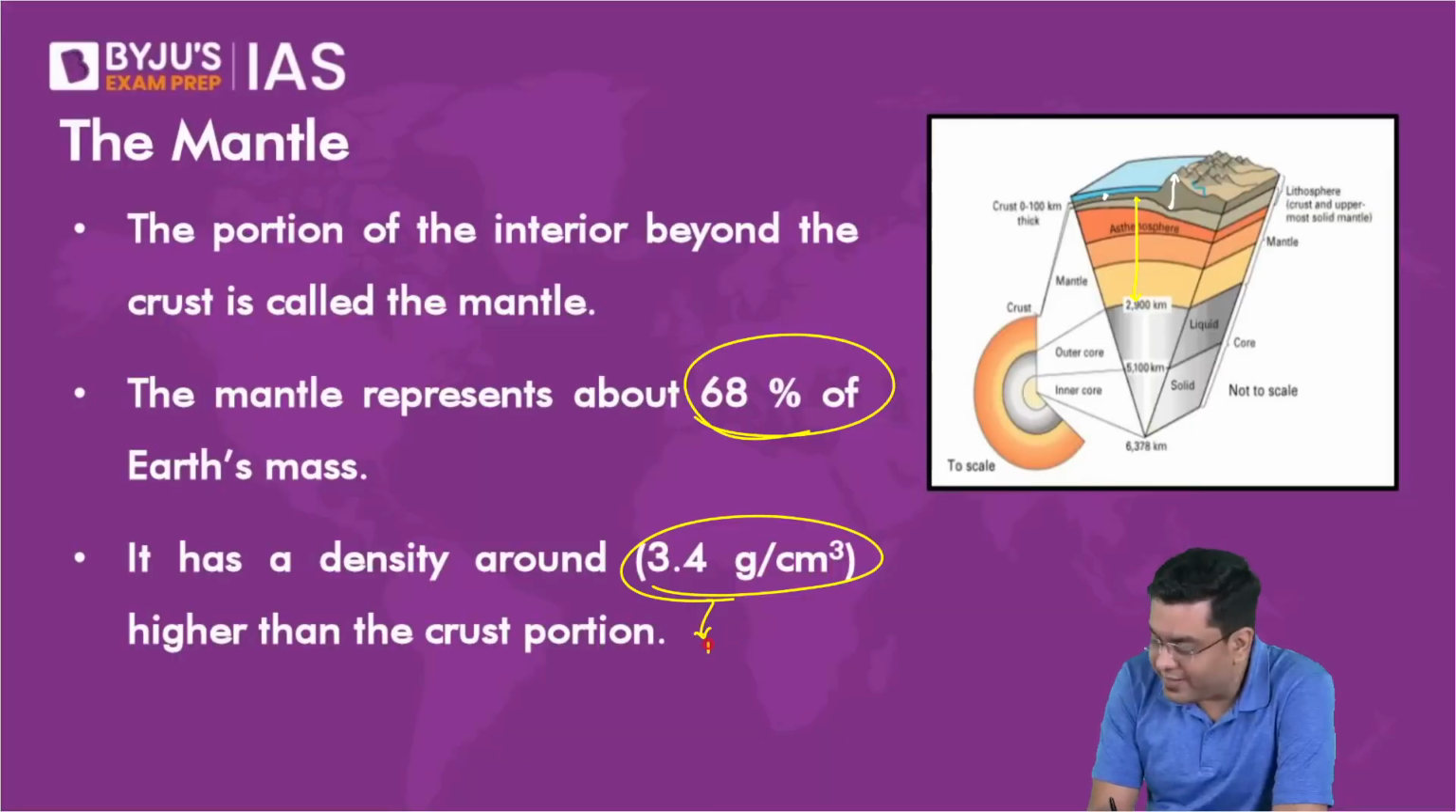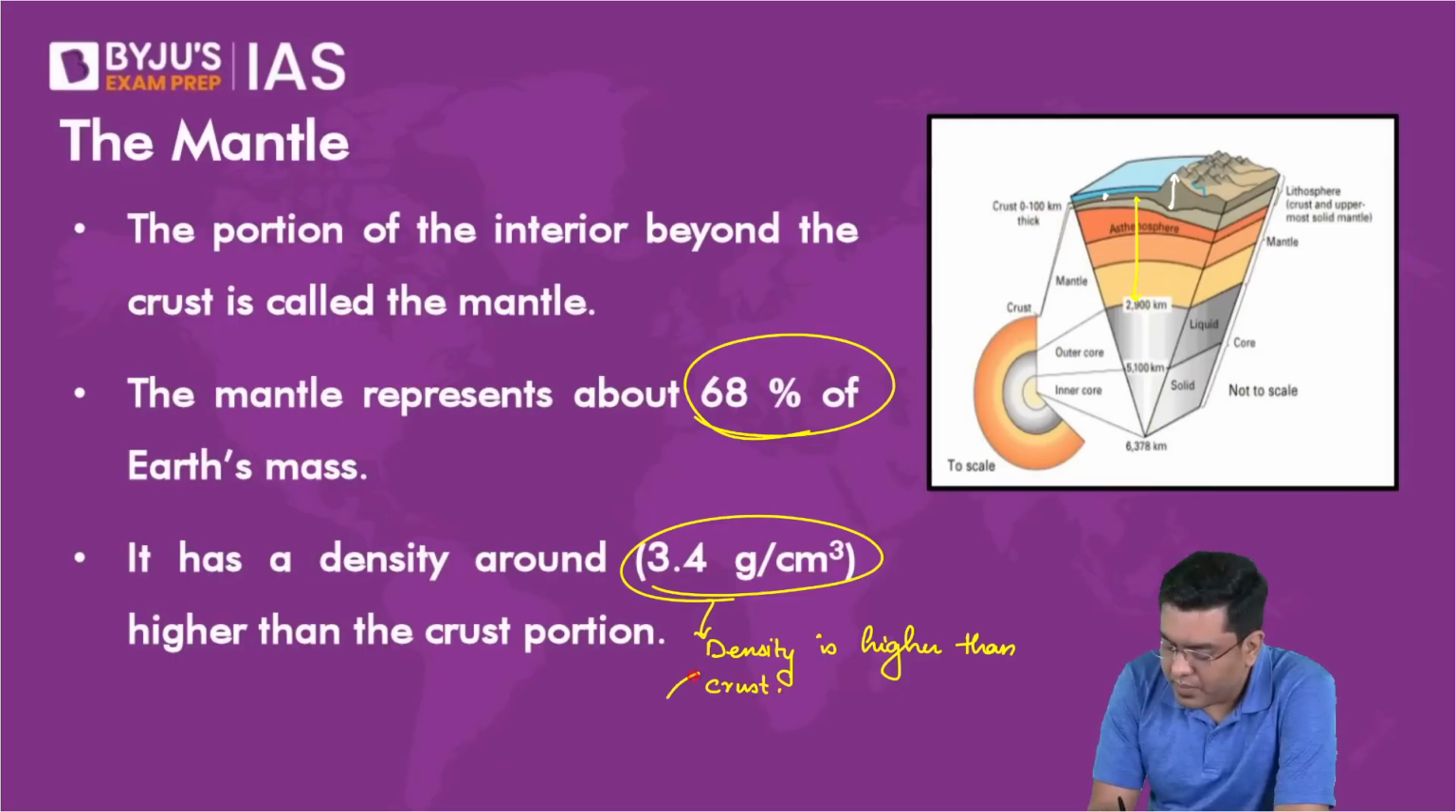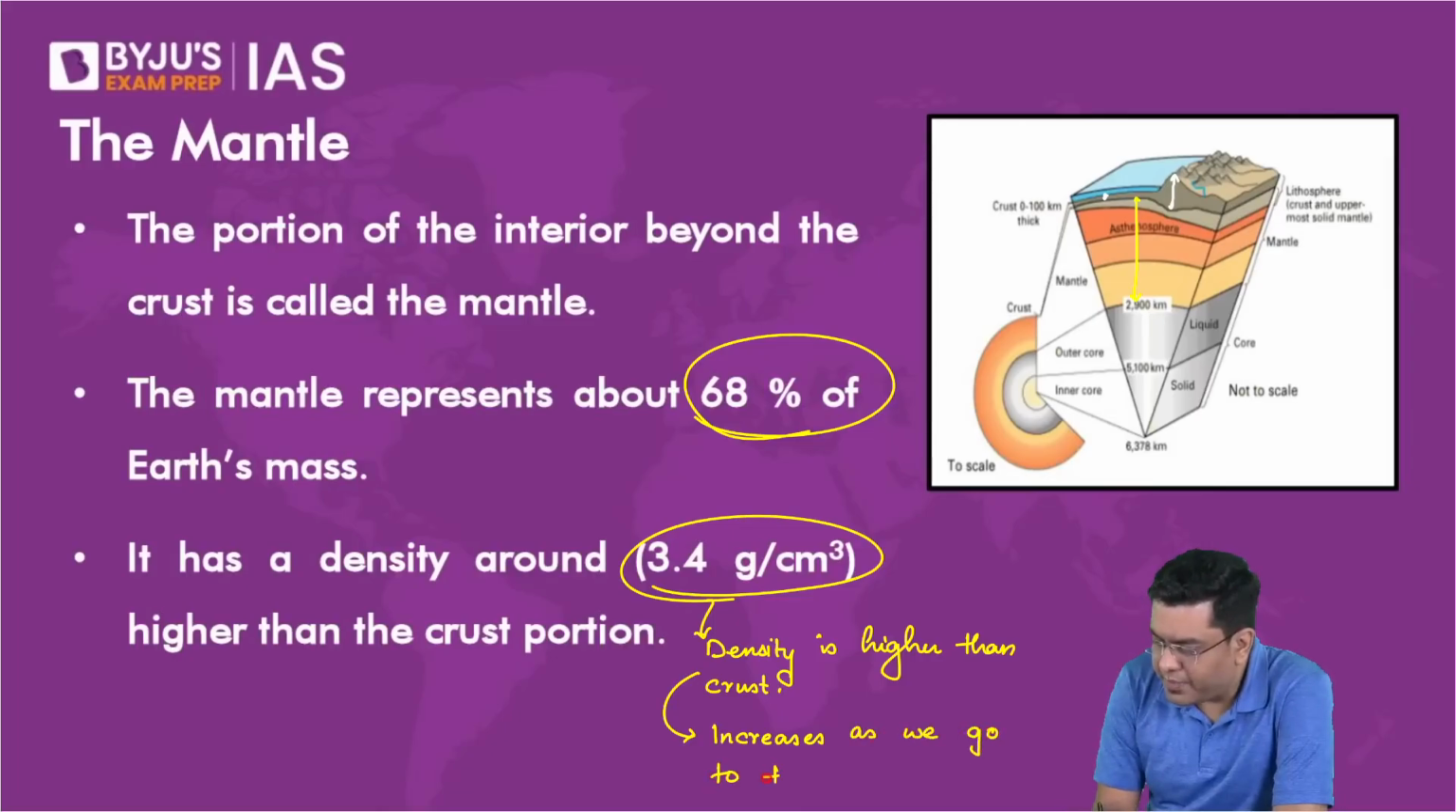So density is higher than crust, and increases as we go to the depth